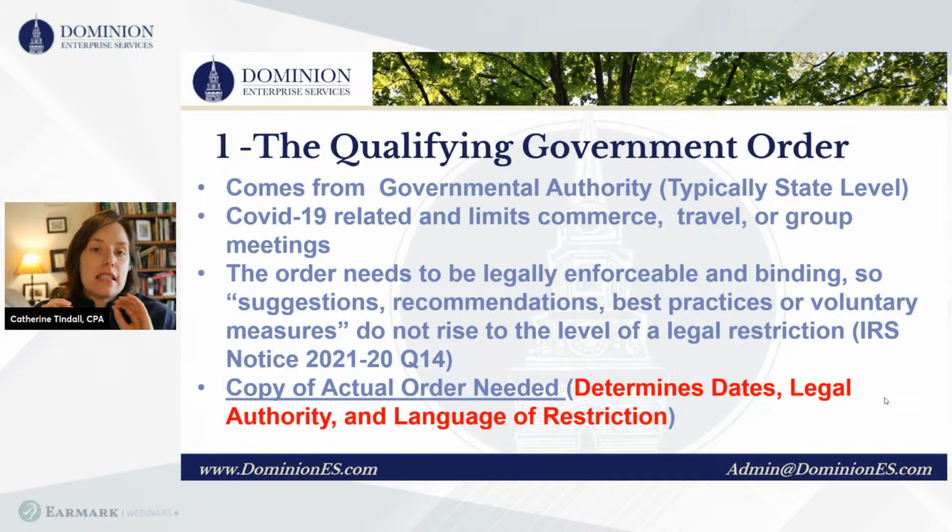And that is why it is essential that you need a copy of the actual government order. You can't just use a news blurb. You can't just use a comment from the mayor or a comment from the governor or what you hazily remember. You need a copy of the actual orders, because of the number of times I've looked into client cases